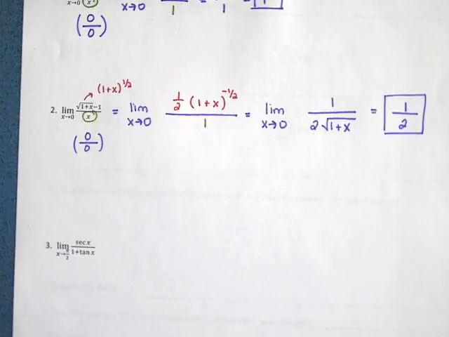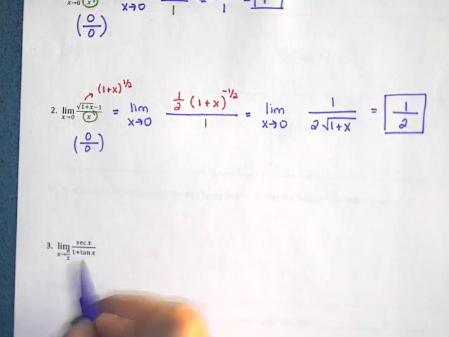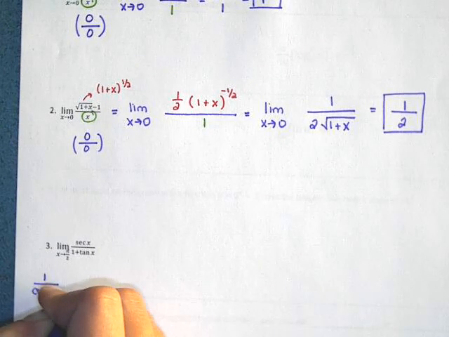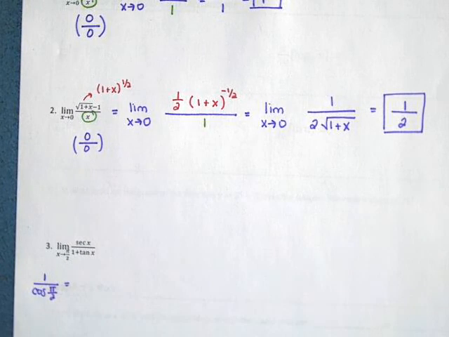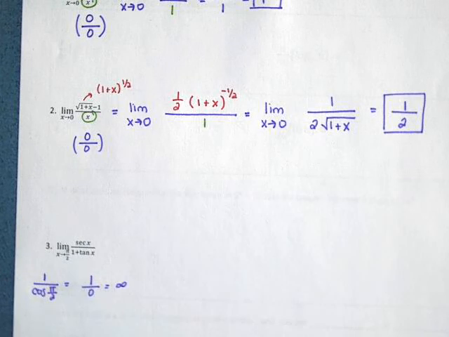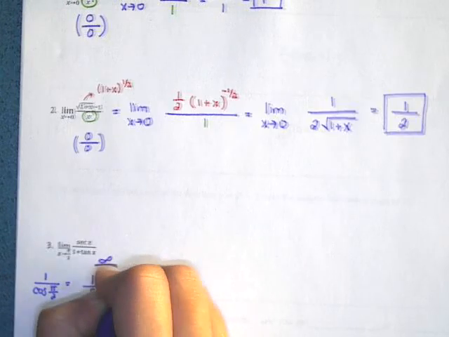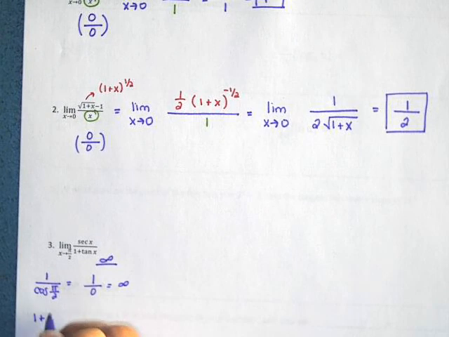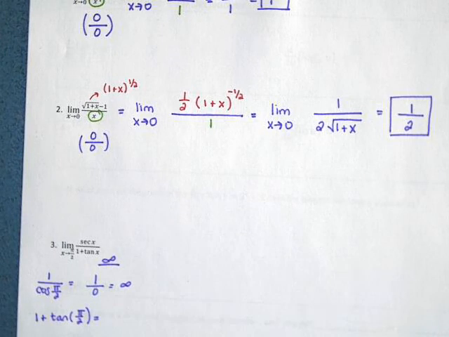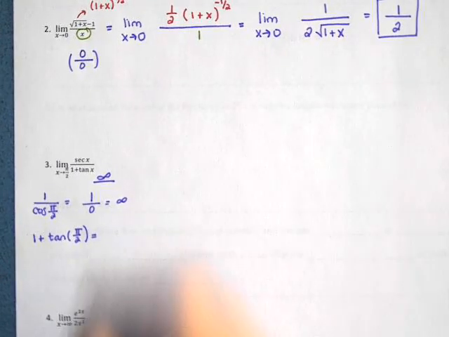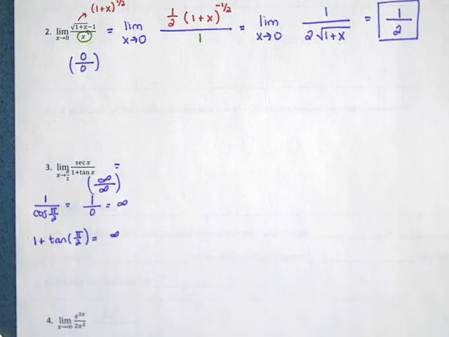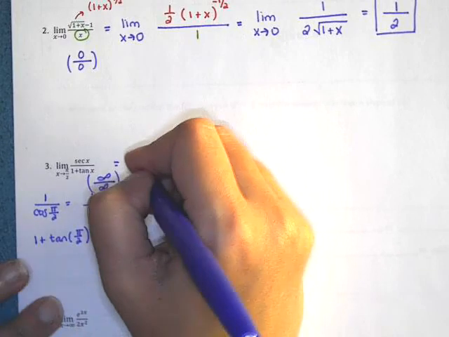Number 3, if I try plugging in pi over 2, secant is 1 over cosine. Now the cosine of pi over 2 would be 0. And 1 over 0 is going to be infinity. So I'm going to get infinity over 1 plus the tangent of pi over 2. Tangent has an asymptote there. It's undefined there. It's infinity. And I would get infinity again. Infinity over infinity is another indeterminate form. So to figure this out,